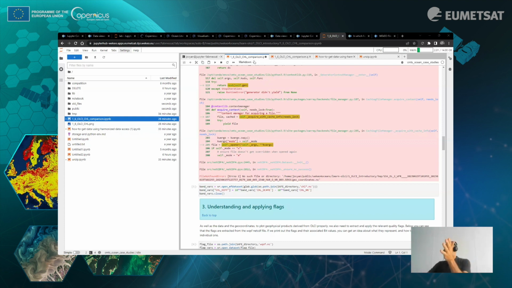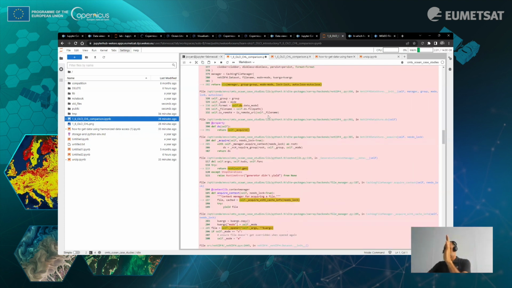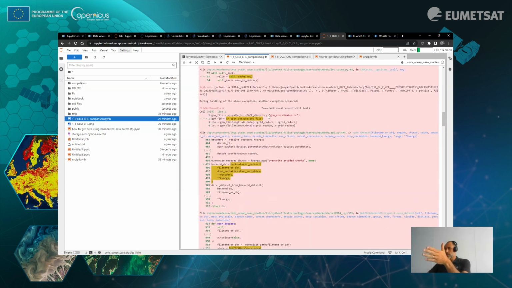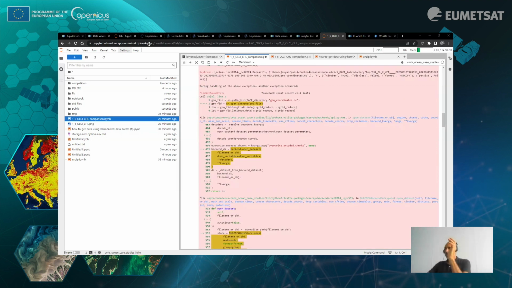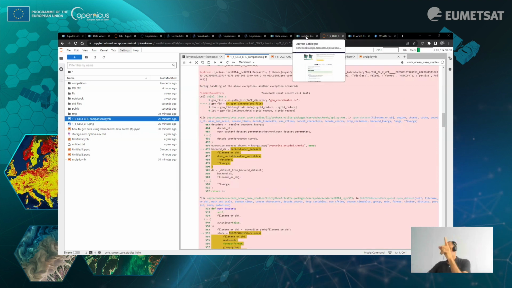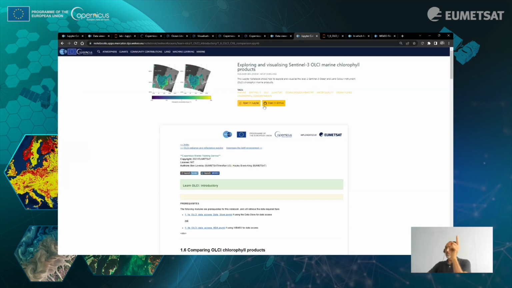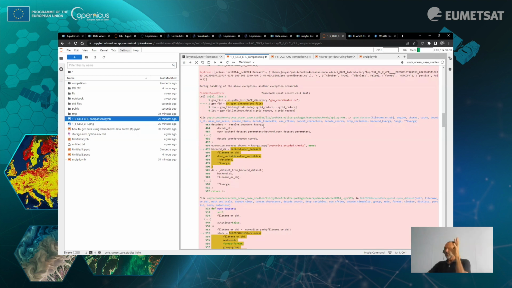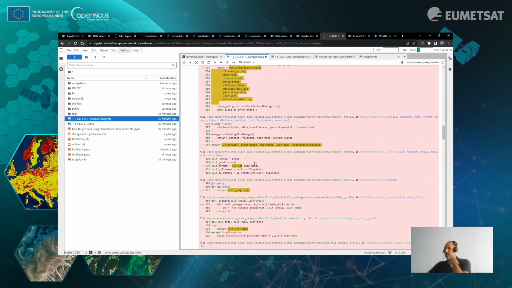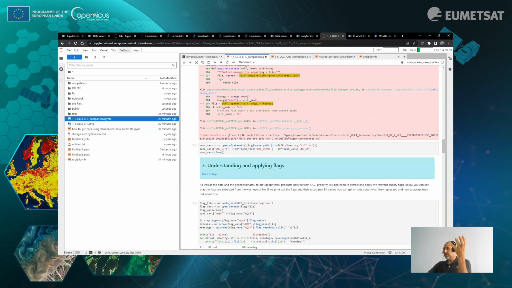So it was my Jupyter Notebook, so this is my error on the code. And if you remember well, I just uploaded this Jupyter Notebook from the Jupyter Notebook Gallery. And in fact, the Jupyter Notebook is not at the right place in my home directory. That's why it cannot find the file with the data.